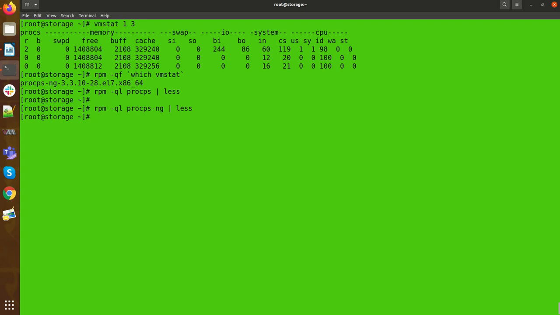So first we have discussed vmstat, and the second thing is the RAM. The kernel starts to move pages out of RAM when your RAM is low, that is, when an out of memory situation occurs. Let's suppose some applications are running and your memory is going to be full.